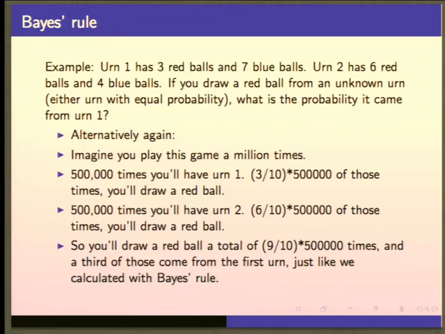Okay, and here's a further example. There are so many ways that you can just tweak this problem a little bit. So imagine you'll play this game 1,000,000 times. So what do we know about independent probabilities? If A and B are independent events, what's the joint probability? The probability of A and B happening, both. Yeah, so multiplying the marginal probabilities: the probability of A times the probability of B. So here, this is with replacement for those of you who have taken probability. So in this case, it's going to be